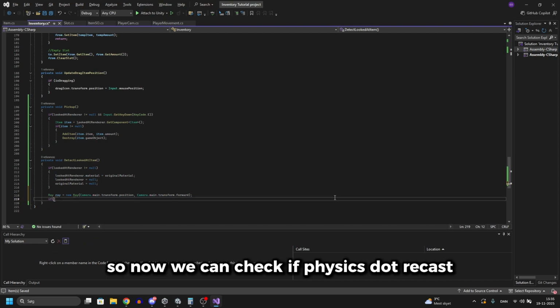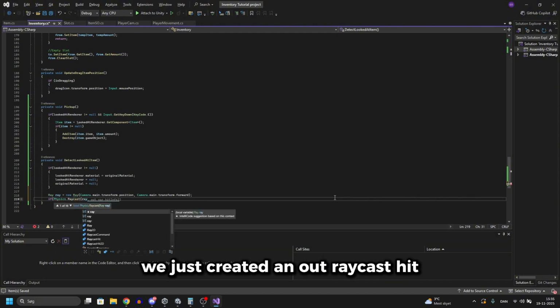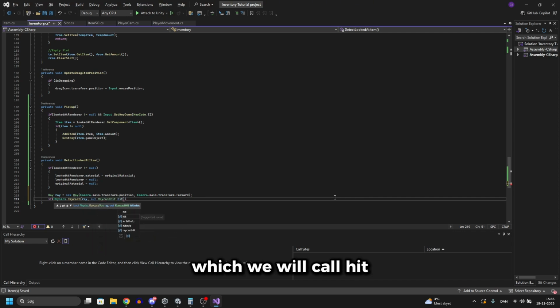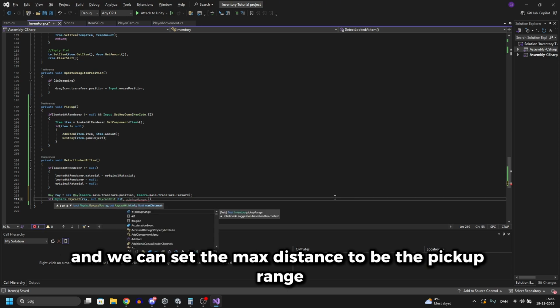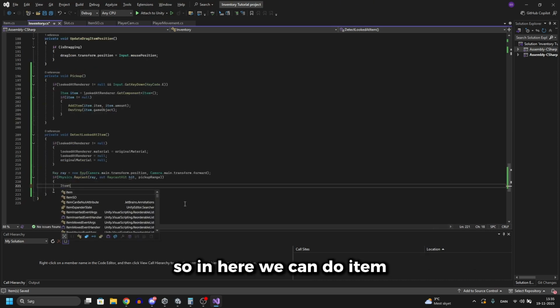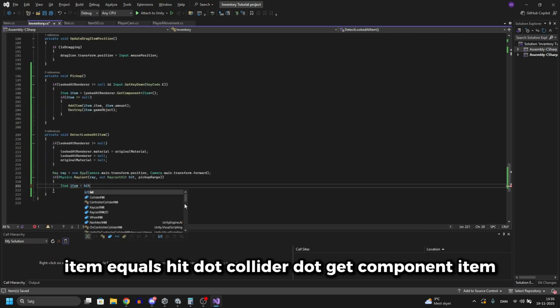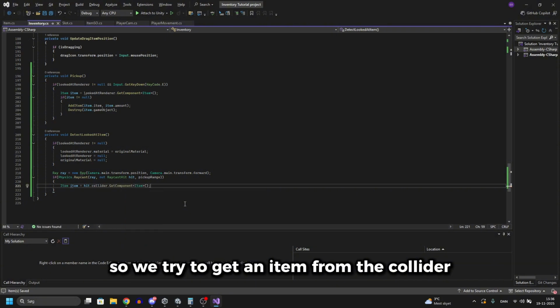So now we can check if Physics.Raycast, where we will input the ray we just created, and out RaycastHit, which we will call hit, so we can get some information on what our raycast hit, and we can set the max distance to be the pickup range. So in here we can do item equals hit.collider.GetComponent<Item>. So we try to get an item from the collider which we hit with the raycast, and then